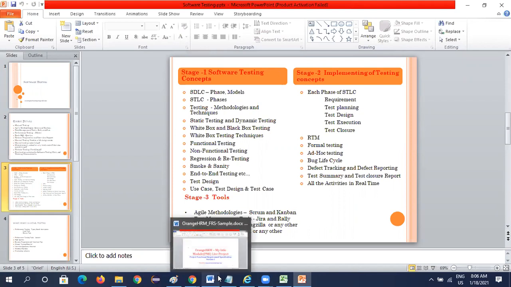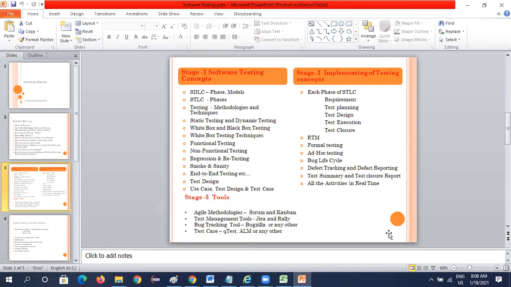Shall we start now or shall we start tomorrow fresh? You can start tomorrow. What do you say, Amar? Yes, it's fine, tomorrow. When will stage three start? That is agile methodology.